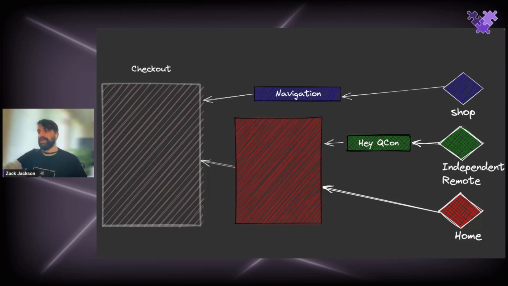So we have this kind of nested or cascading remote scenario that starts to pop up. And while that's powerful, it does also create some other interesting things to think about. So one of the big ones that I always come to is, well, how do you manage the versions